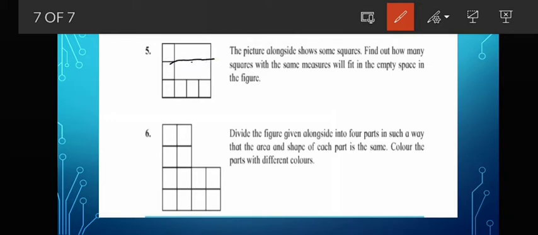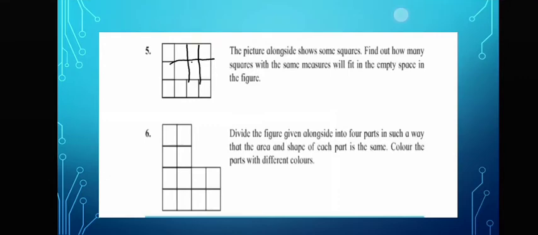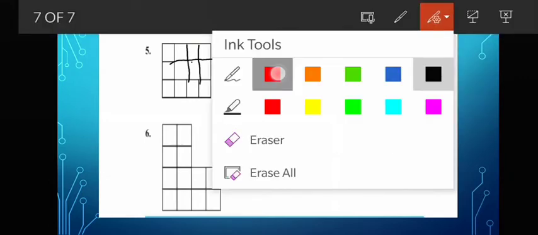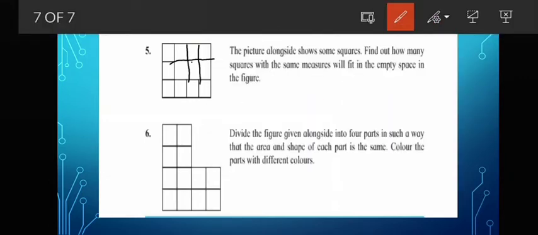So I am doing this, then 1 and 2. I hope it is clear. You can use a scale and let us count how many squares can fit. 1, 2, 3, 4, 5, 6.